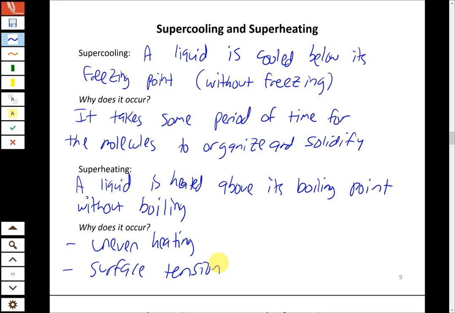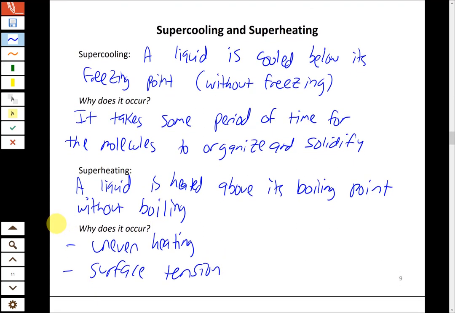If it's just starting to get to the boiling point, if it's just at 100 degrees Celsius for water, you still might not have enough energy to break that surface tension, even though in reality it should. So we don't really know much about these. We just want to know the definitions of them and a little bit about why they occur. So that's just a small aside to finish up our discussion of liquids, and this of course is related to